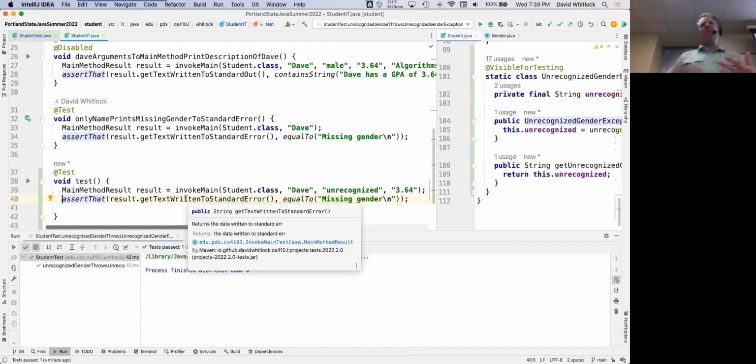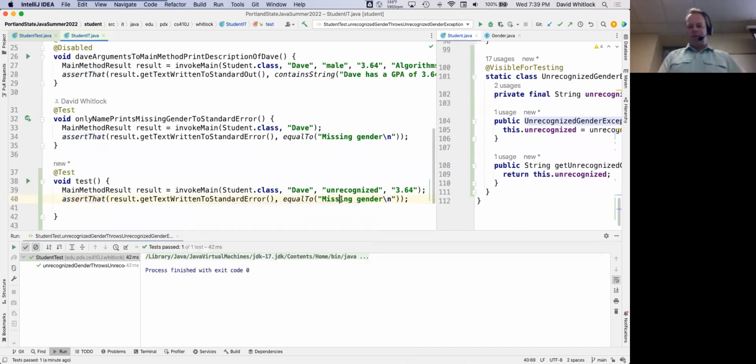Well, but this is the main method. We don't want to throw the exception. We want to catch the exception and handle it. What should it print to